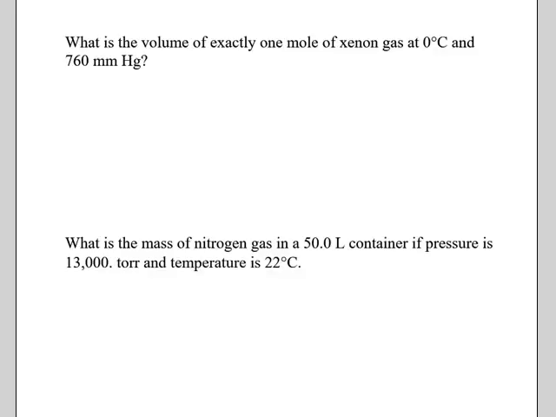We can see the application of the ideal gas law in a problem like this one, trying to find the volume of 1 mole of xenon gas at 0 degrees Celsius and 760 millimeters of mercury pressure. So we're going to start from the equation PV equals nRT, and since we're solving for volume, I recommend that you solve for V before you plug in any numbers. So do the algebra on the variables,